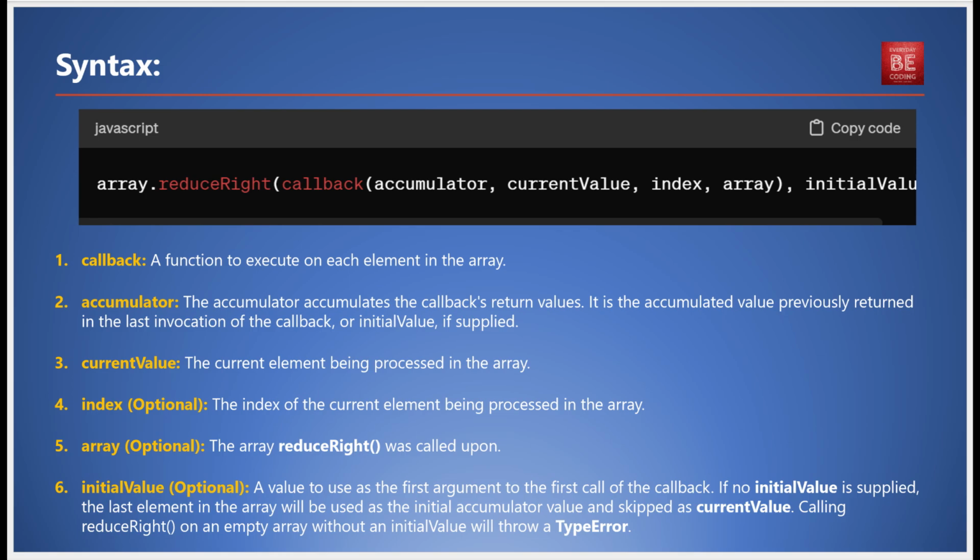Here, the callback is a function to execute on each element in the array. The accumulator accumulates the callback's return values. It holds the accumulated value previously returned in the last invocation of the callback, or the initial value if supplied. The current value refers to the current element being processed in the array. The index and array parameters are optional and represent the index of the current element being processed and the array reduceRight was called upon respectively. The initial value, which is also optional, is a value to use as the first argument to the first call